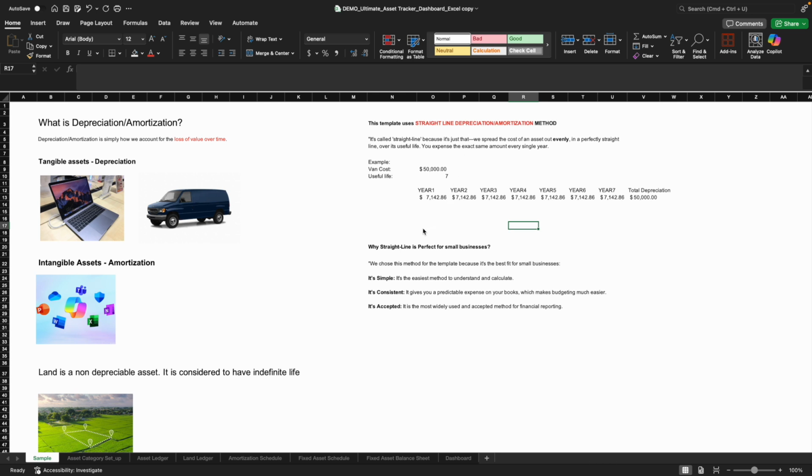So let's do an example. For example, we bought a company van to use for the company, and it cost us $50,000. The useful life is pretty much how long we think it will last, right? So the useful life for this van is about 7 years. In the straight line depreciation method, what we do is we just take this 50,000 and we divide it by the 7 years here. So each year we'll get about